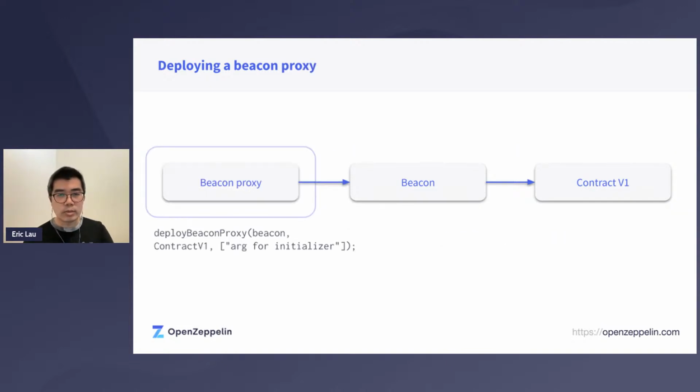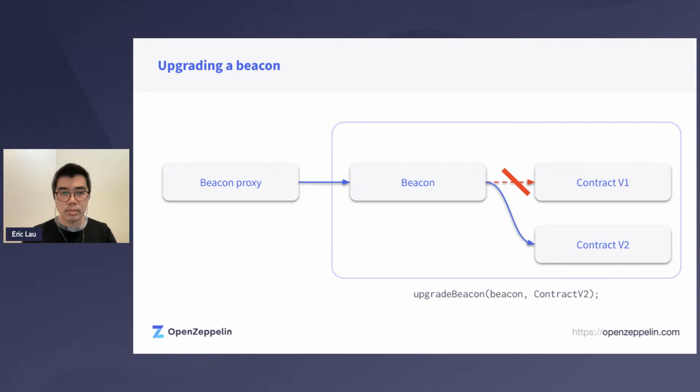Then after your beacon has been deployed, you can call deploy beacon proxy any number of times in order to deploy your beacon proxy that points to your beacon. And optionally, you can provide optional arguments for your beacon proxy in order to initialize them. And then once you've done that, of course you can call upgrade beacon in order to upgrade your beacon to use a new version of your